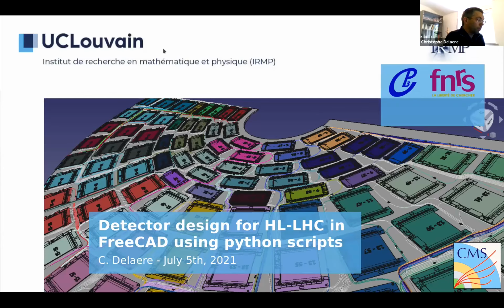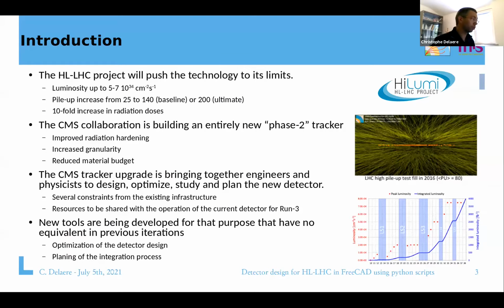So in this talk, I would like to show how we used Python scripts in FreeCAD to help with the detector design at HL-LHC. I will start with some brief introduction about the project, and then I will go into the tool itself. I don't think I have to spend a lot of time here to describe the HL-LHC project,